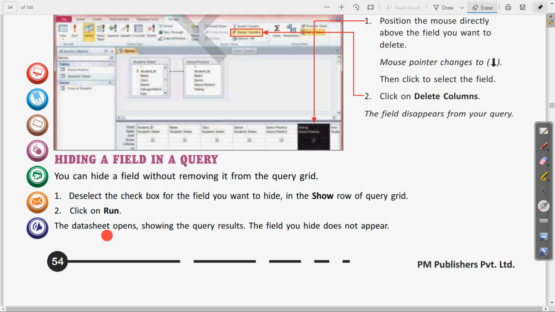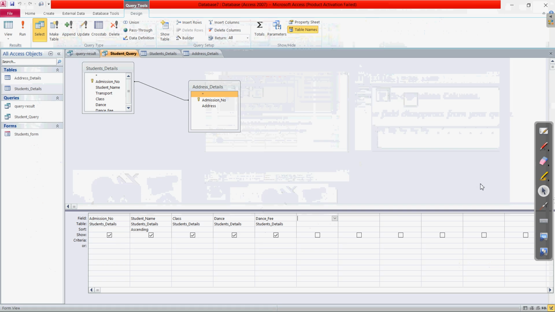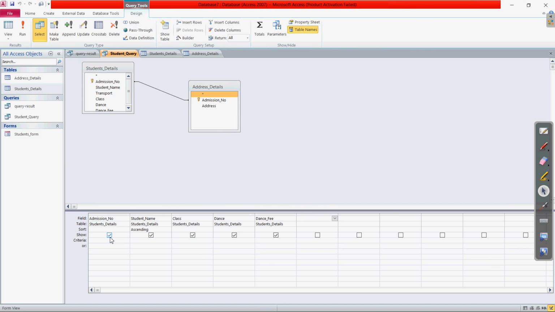So the datasheet opens, showing the query result. The field you hide will not appear there. Okay, so we were talking earlier about this show option, and it is already a checkbox. Clear? So suppose right now there is a field with the dance fee.